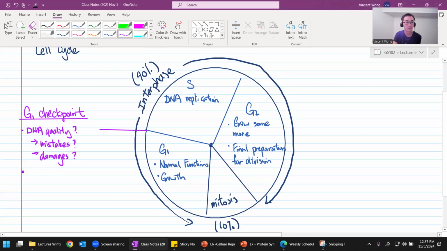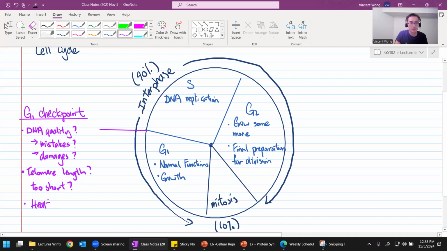Maybe the condition of... I forget what they're called. What's on the end of the chromosome? Yeah, exactly. Very good, right? So the telomeres, they're called. So telomeres, telomere length, right? Is it too short? If it's too short, it's not a good idea to copy the DNA because you're going to start cutting into critical DNA, right? We also want to check for the